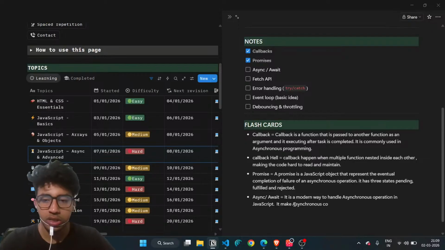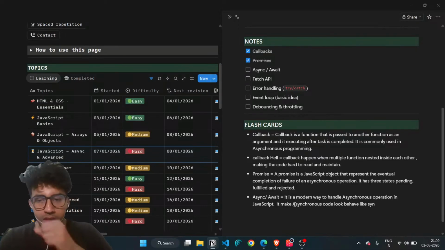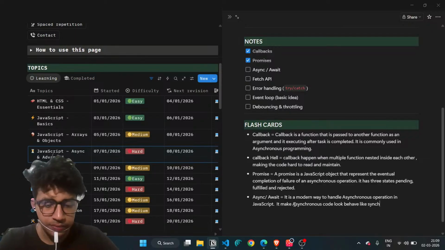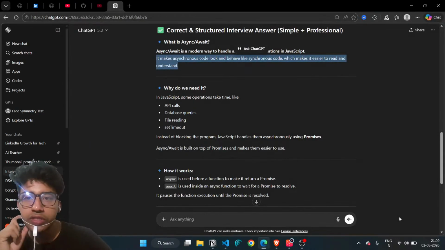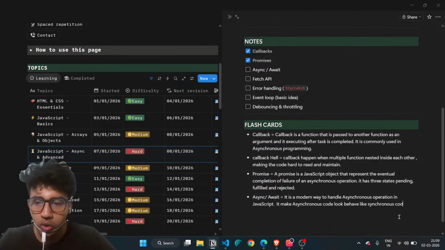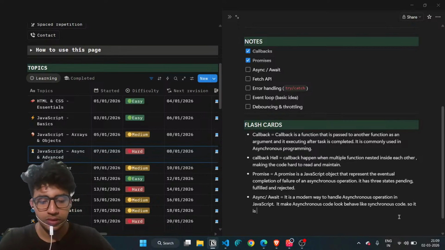It makes asynchronous code look and behave like synchronous code, which makes it easier to read, maintain and